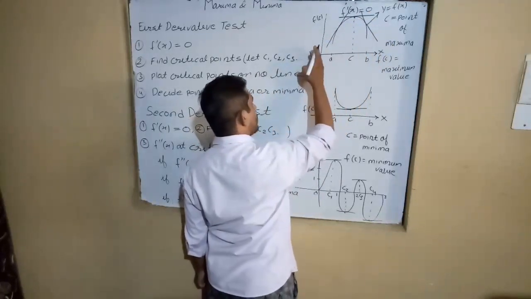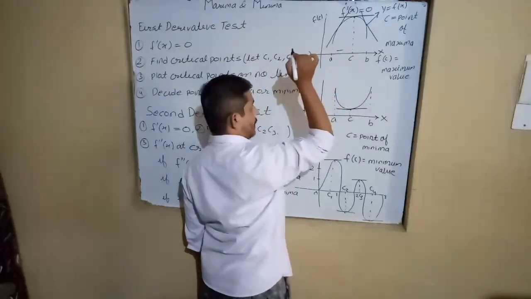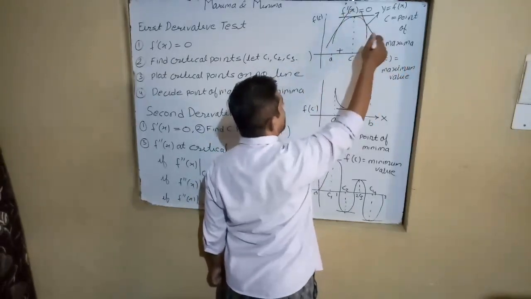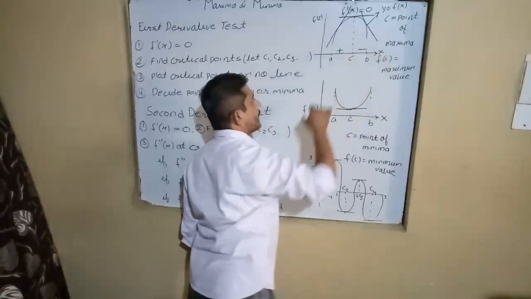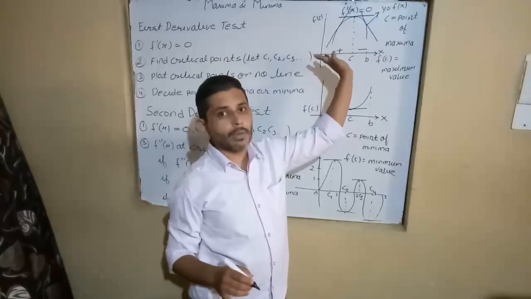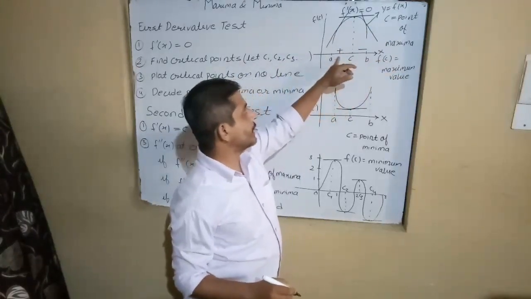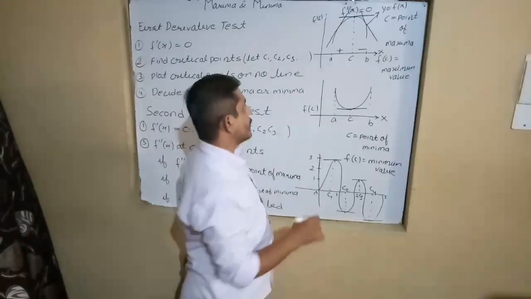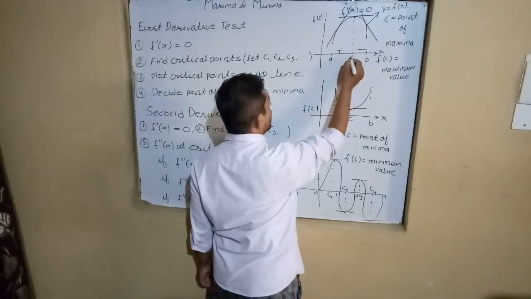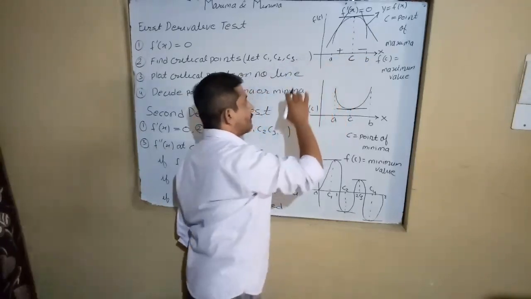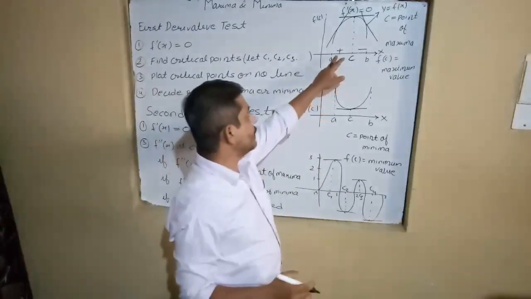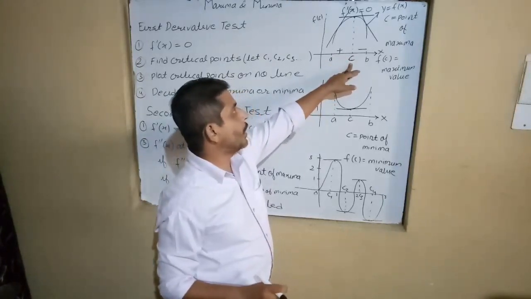The tangent on the left hand side gives a positive value, and the right hand side of the tangent gives a negative value. The value of tan theta for theta greater than 90 degrees attains what? Negative value. Tan theta for theta less than 90 degrees attains what? Positive value. So look at here, when we go plus to minus, it means the critical point has a positive value on the left hand side, and on the right hand side a negative value will come. It means the point is called point of maxima.